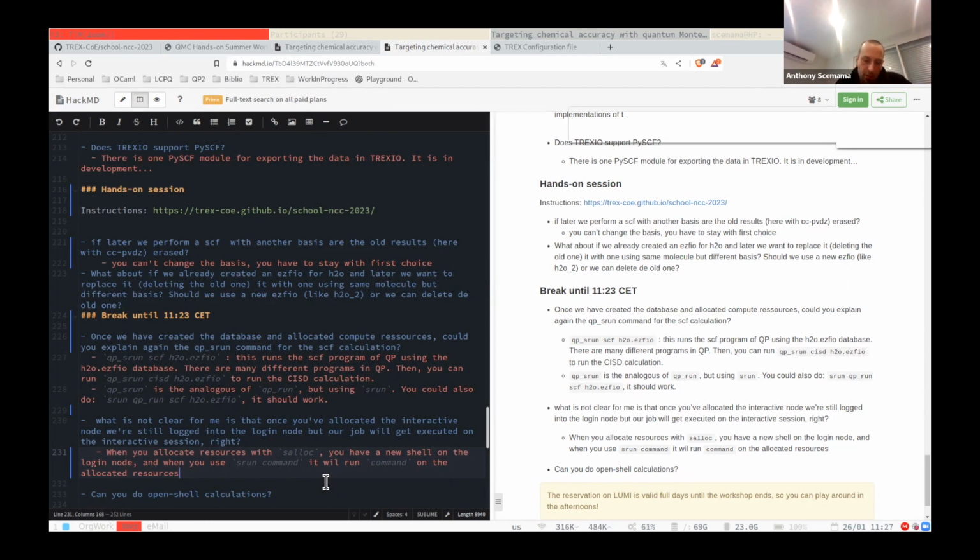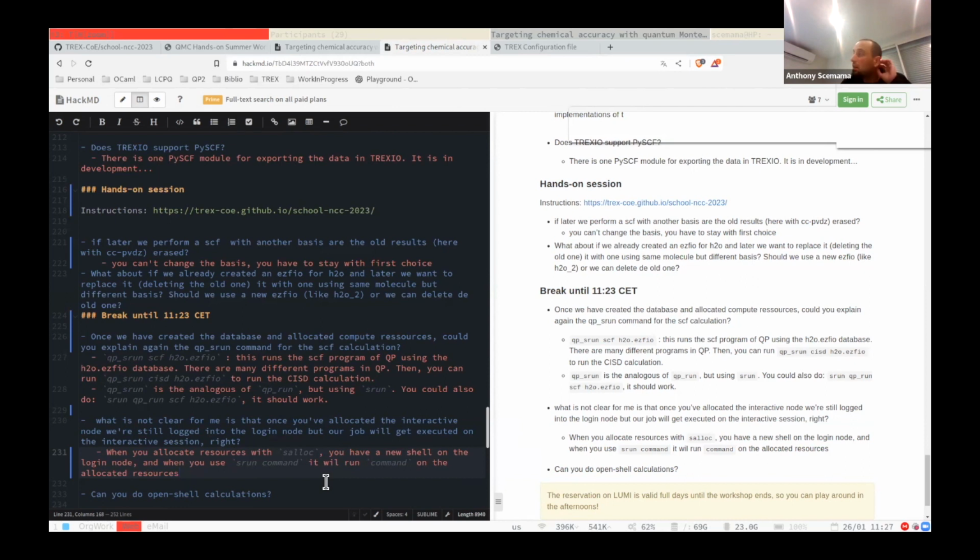In this shell, every time you use srun with a command, it will execute the command using the resources that you have allocated. So if you use salloc with, let's say, 10 compute nodes, when you run srun with your program, it will run the program on the 10 compute nodes.